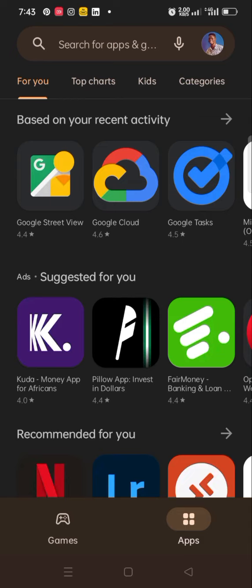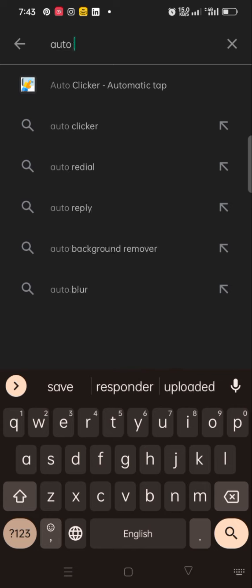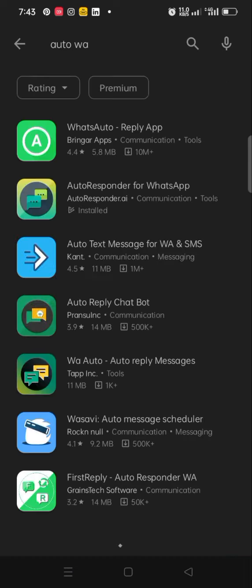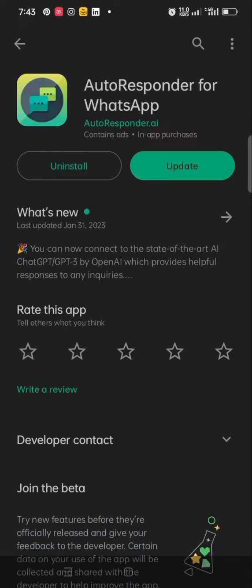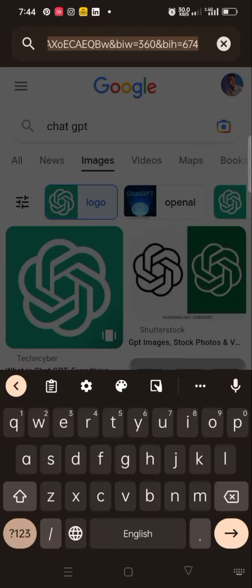So if you are knowing about the autoresponder for the first time, this is a particular one I'll be talking about, because we have several autoresponders actually. This is the one that you're going to download. Once you've downloaded the app, you go to your Chrome browser or any browser, or you can use your normal Opera Mini or UC Browser. So you download this app,